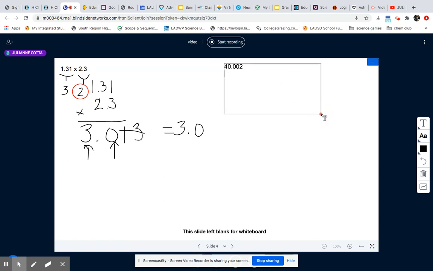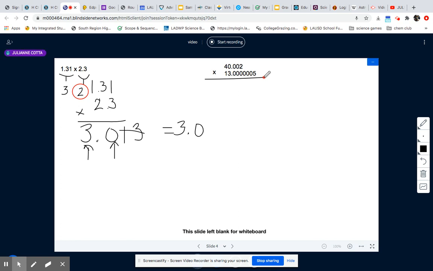40.002 times 13.00005. I should have put a little box here. So we're going to multiply those two together. And I'm definitely not going to do this one out. I'm just going to put it in my calculator. So I'll put in my calculator 40.002 times